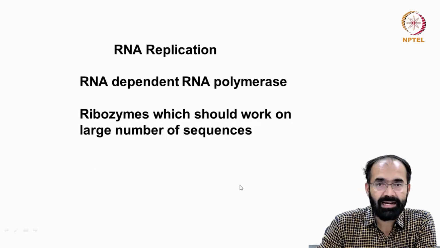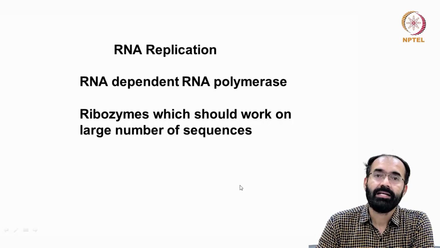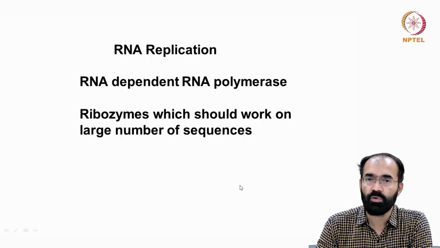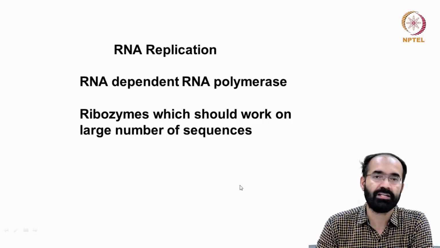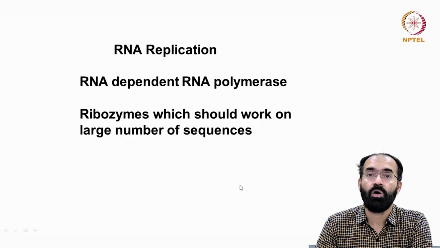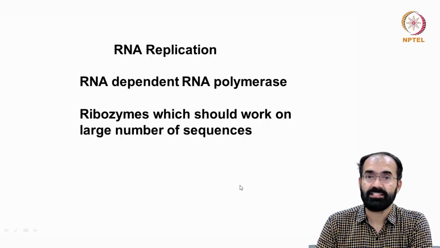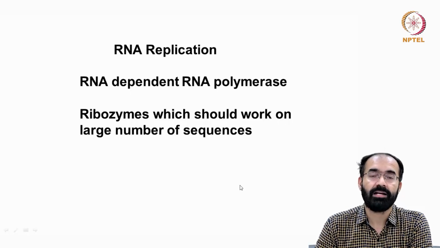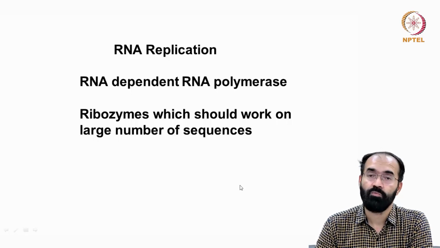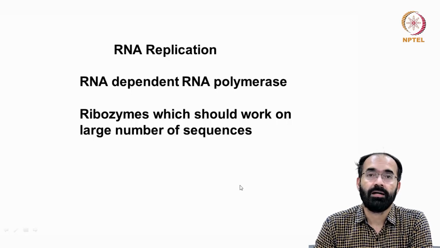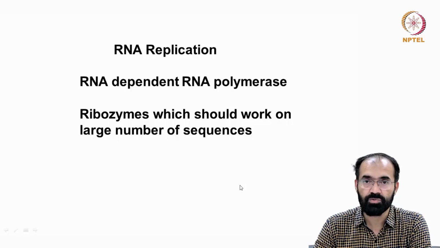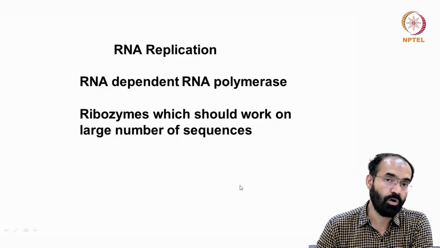So if you look into the RNA replication part, RNA dependent RNA polymerase is there in this modern world. Like if you think about any influenza virus or COVID virus or any RNA virus you can think of, they always depend on an enzyme, a protein enzyme. Remember, that is called RNA dependent RNA polymerase. We do not produce an RNA dependent RNA polymerase in our body. Humans do not produce it. It is a feature of viruses normally because they carry that information in their genome and they make use of the machinery from the host and produce this protein and make a copy of themselves.